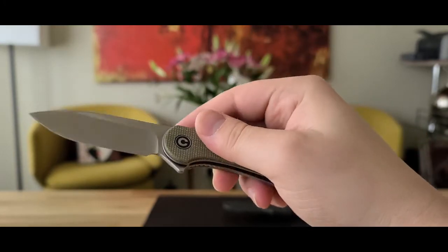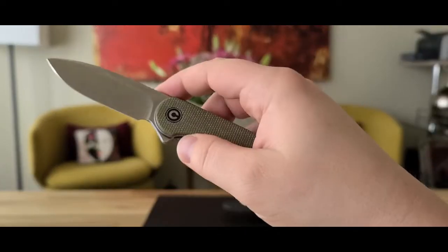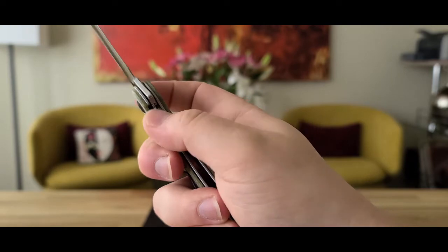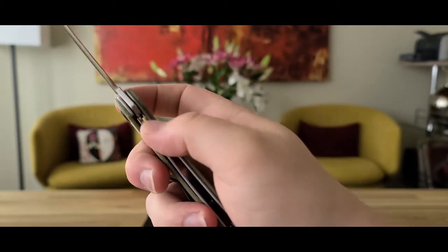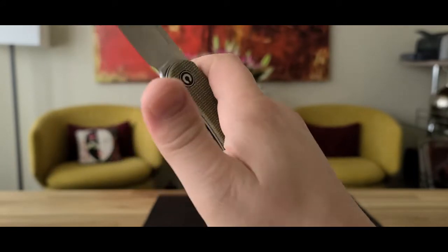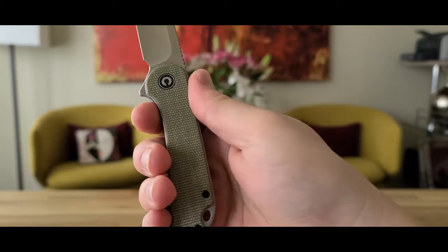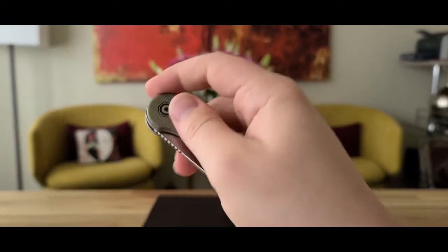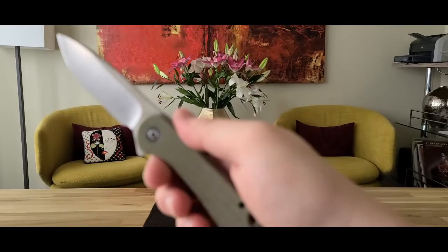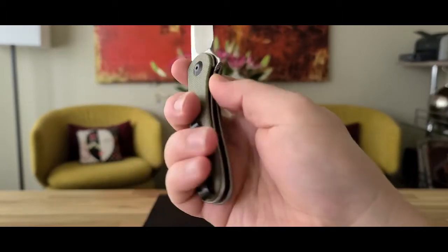Really nice, well machined. There's nothing stellar about this though. It's just so boring, honestly. I can't stand it. The liner is really buried deep in there. You see the detent on my thumb, but you really got to reach in there for it, and you really can't fidget this knife. I mean, you can, but yeah, luckily Amazon lets you return stuff